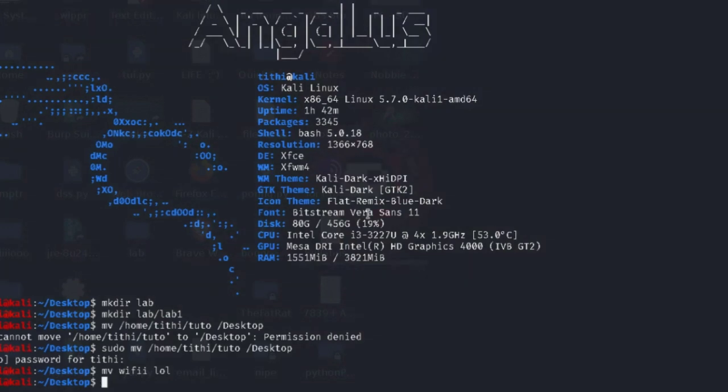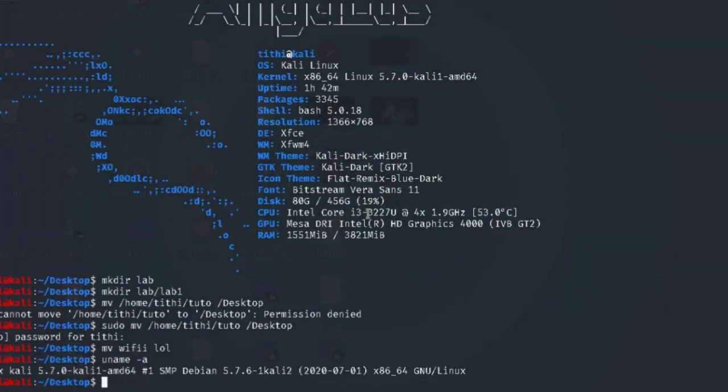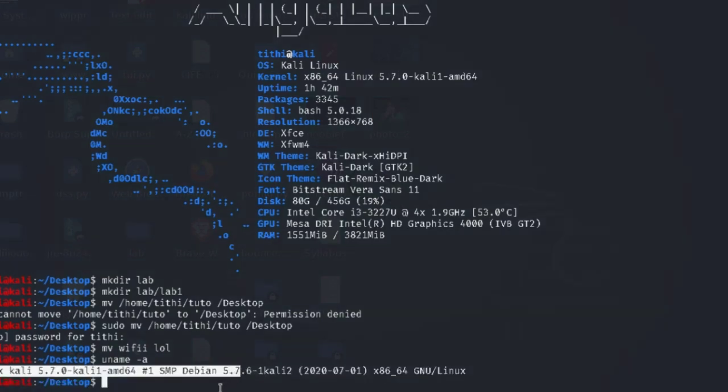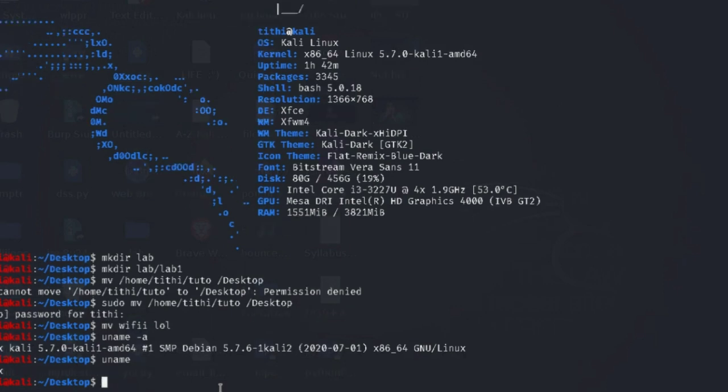And that's how you can do it with the cp command also, that is the copy command. You can also do mv, whatever you feel like. mv is cut, cp is copy, and the uname command is used to find the version of Linux and other details here. So uname will give the name of the current operating system, and uname -a will give the whole details of it.